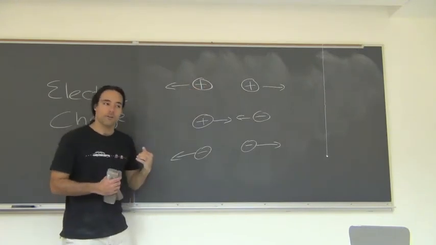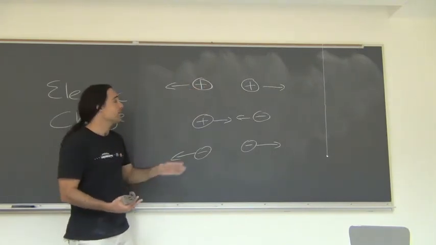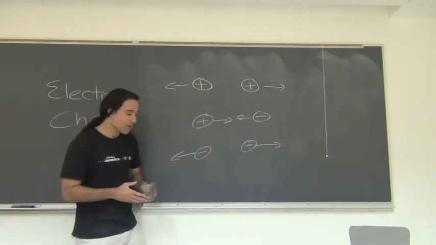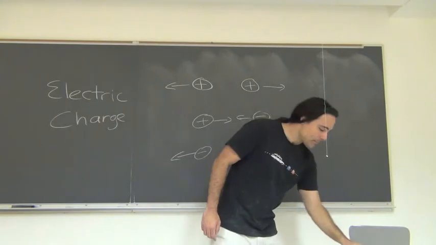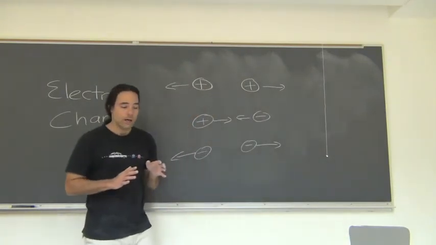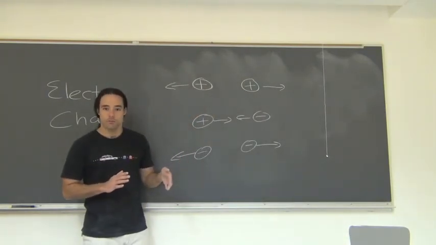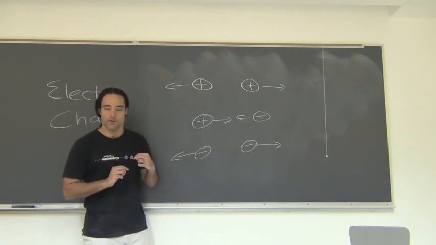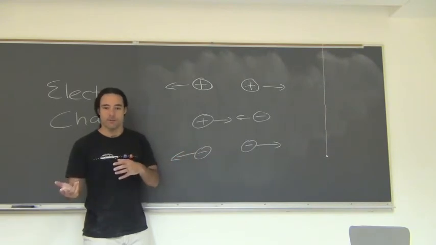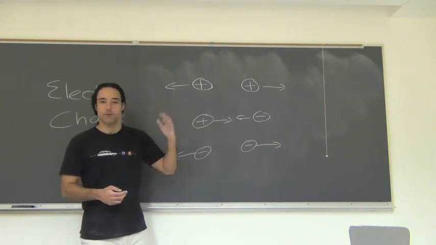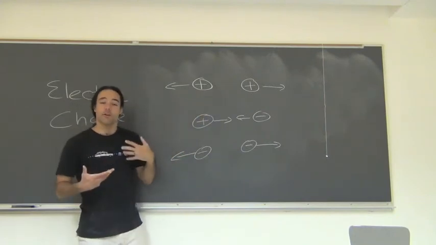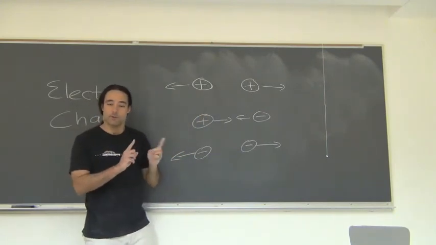This summarizes all the different interactions we can have electrostatically. Like charges repel, opposite charges attract. Now, as best we can tell, there is no third type of charge. So we're pretty good with that plus and minus label because there's only two types of charges. If there was a third type of charge, maybe we'd need to come up with a different label. Red, green, blue instead of plus minus. But as best we can tell, there is no third type of charge, so we're good just labeling them as